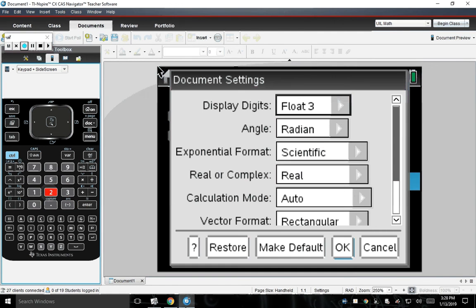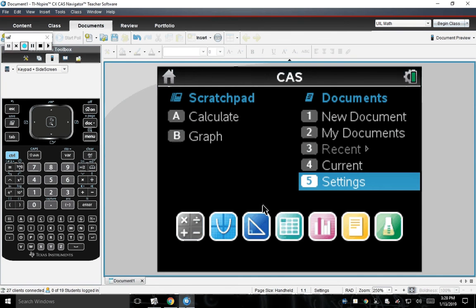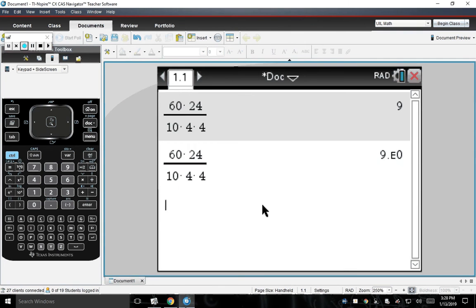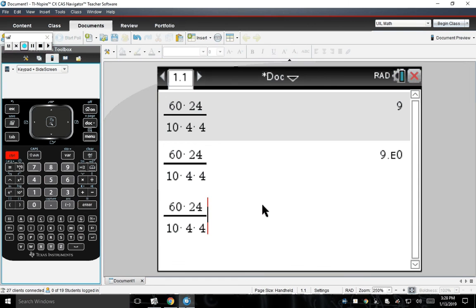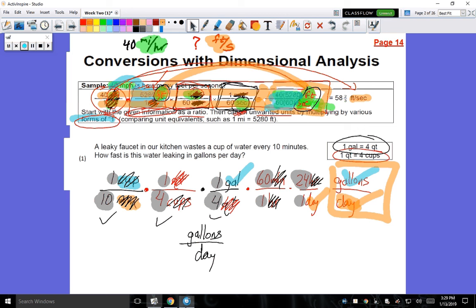Let me change my settings to normal. I'm currently using UIL math settings, and now it's going to be just as you would see it, of 9. If there are more decimals, we always check. In this case, there are not any more decimals, and thus number-wise, our answer is going to be 9. Units-wise, it'll be 9